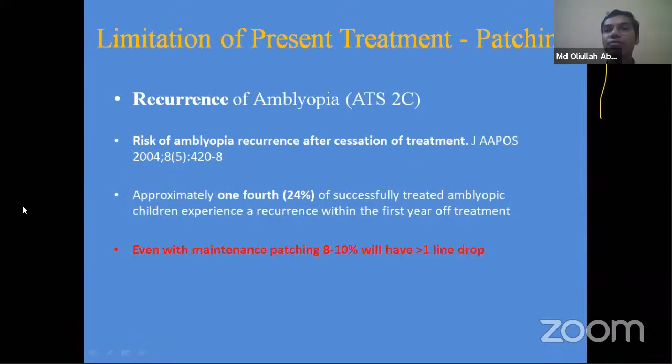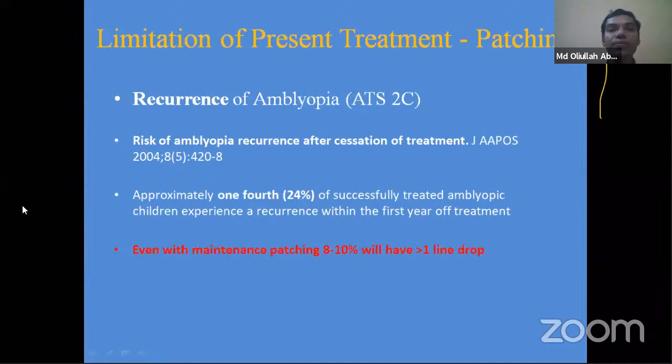And even though there are a few lines of improvement in this older age group, children or adults, the moment you stop the therapy, all likely the vision is going to go down again to the baseline level. The next common one is the recurrence, which you pointed out is the highest one. Again, it is very high: 24% of successfully treated amblyopic patients. So those who were treated completely, those 15% of the population whom you treated 100%, even those 24% will have recurrence,